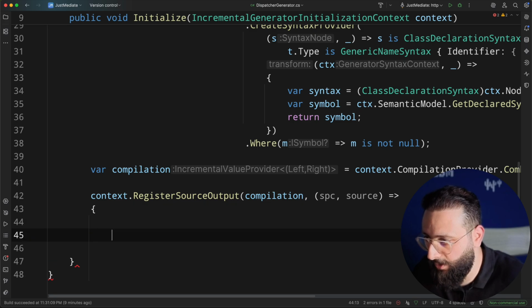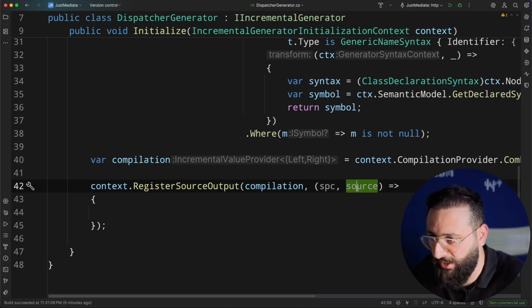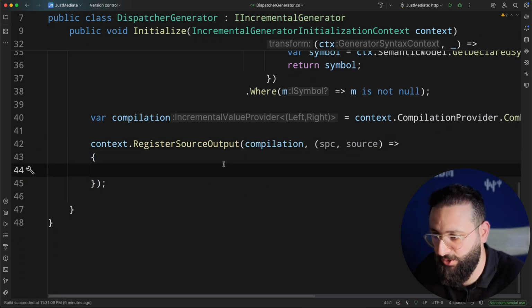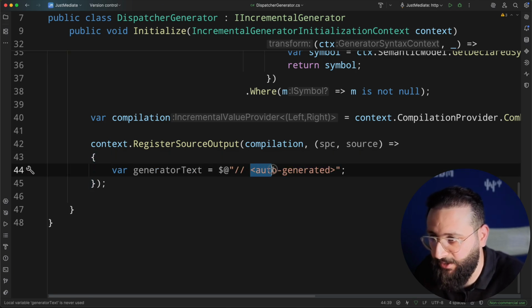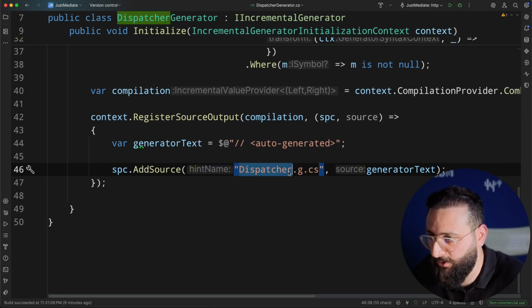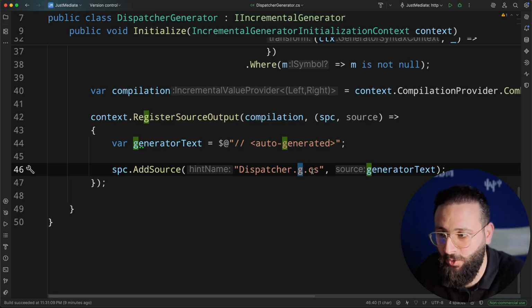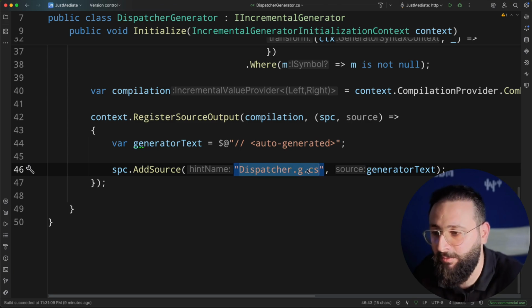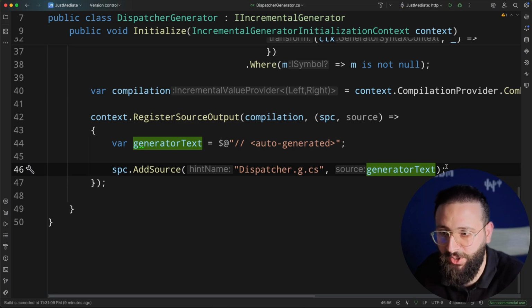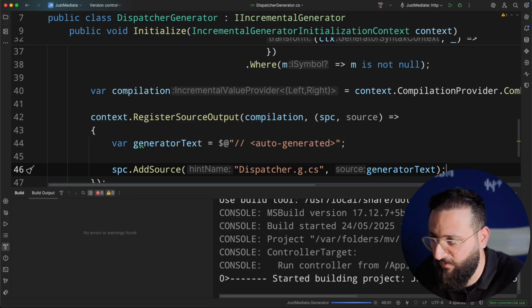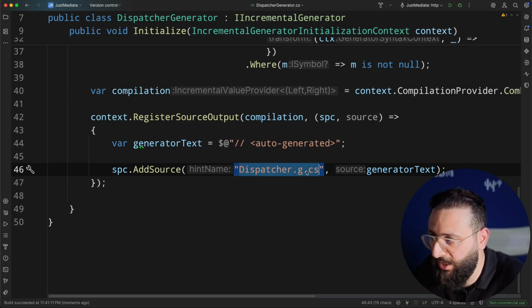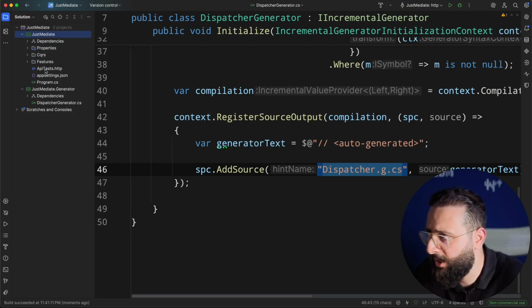So you do context.RegisterSourceOutput, and we have now the source. We can start adding the text generated. I do like to add auto-generated as a tag in my first line in the class. So here I can add source Dispatcher.g.cs, G as generated. So we can tell that this is a file generated by the source generator, and this is the text generated. If I save now and do a full build, this file should be created somewhere in